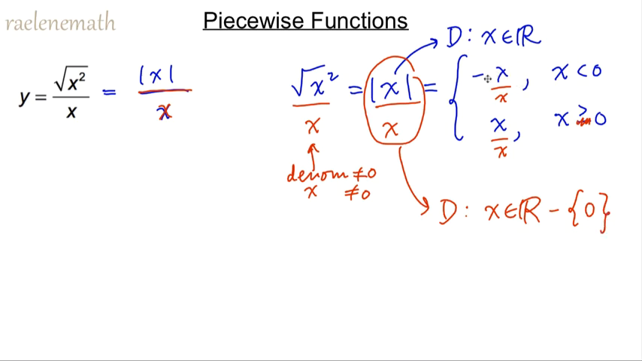And we can simplify this. We see that negative x over x is going to be negative 1 as long as x is non-zero, and x over x is positive 1. So this function here is a piecewise function. We can break it apart as negative 1 whenever x is less than 0, or positive 1 whenever x is greater than 0. And from here,